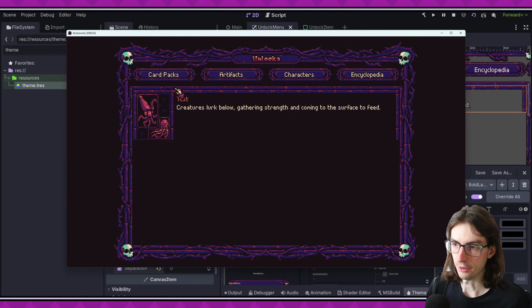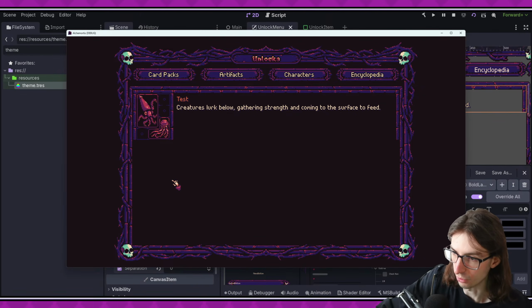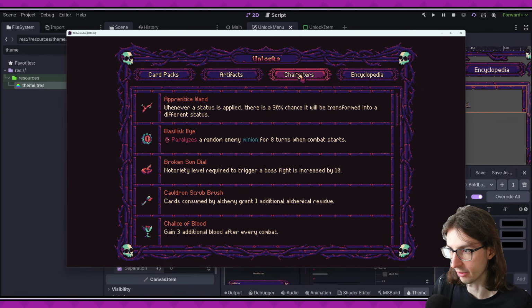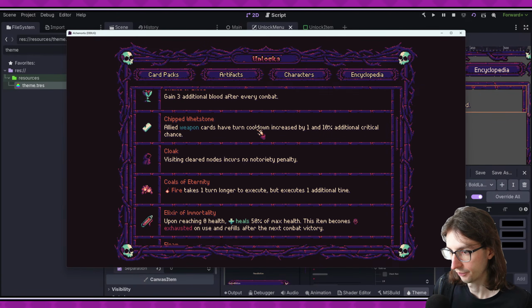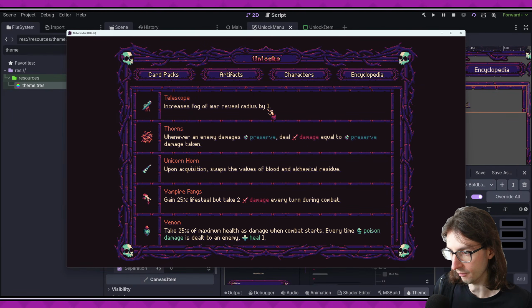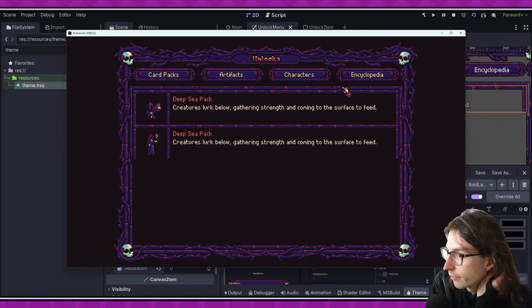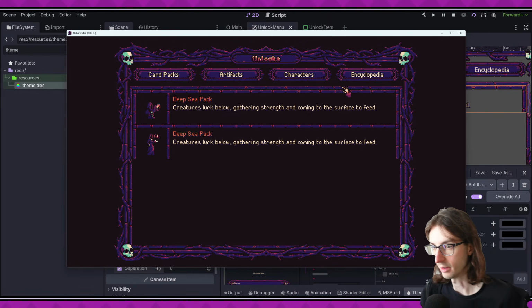And also, it feels kind of weird to have a set of cards that are part of a card pack unlock, and then standalone cards here that are just locked until you use them. You know what I mean? So this encyclopedia might turn into more like a compendium or something. Or maybe I move this to an all cards as the first option, and then there are card packs, artifacts, characters, so on. Yeah, I'm going to need to think about all that stuff, but...